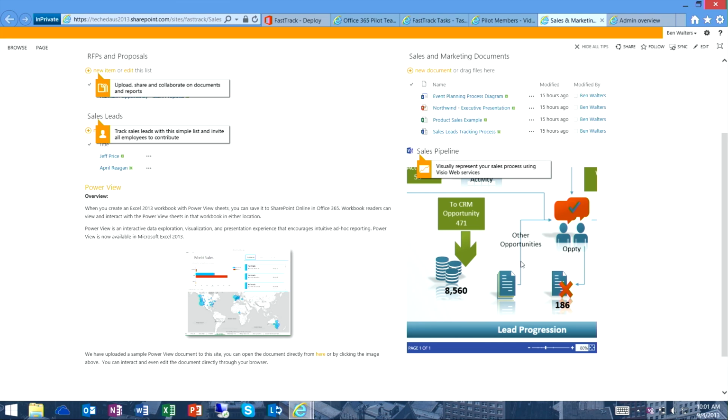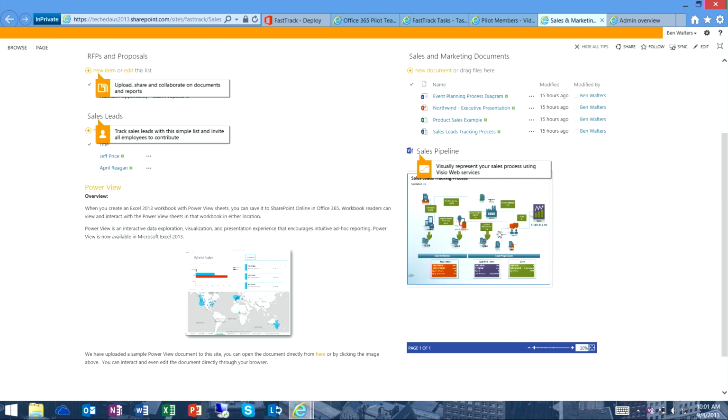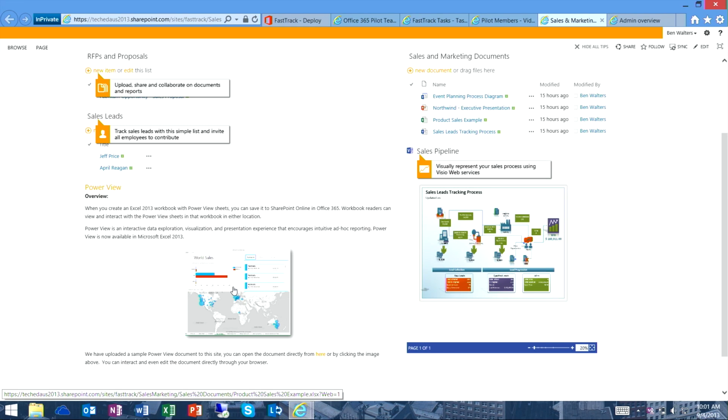Do you have a deployment or a pipeline or a report that you want to have real-time data for? Go ahead and put that into the sales pipeline. Or a Power View that you want to be able to collect data and see some of those rich features from an Office perspective. We've given you the samples so that you can start integrating that into your workflow when you're going through a pilot.